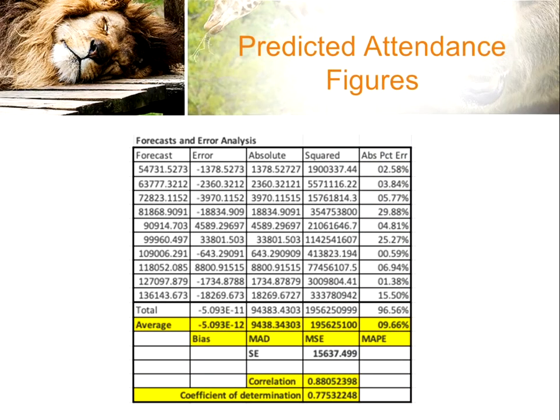Using trend analysis on Excel QM, we wanted to better understand this data, so we decided to dive into the MAD, MSE, and MAPE values. The MAD value, better known as the median absolute deviation, is a measure of variability amongst a set of quantitative data. The MSE value, or the mean squared error, provides a procedure for estimating unobserved quantities. The MAPE value is known as the mean absolute percentage error and is a statistical measure of how accurate the